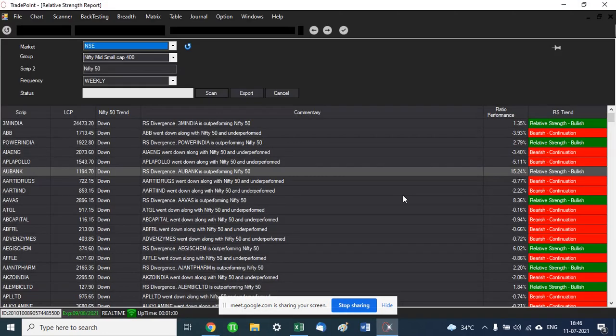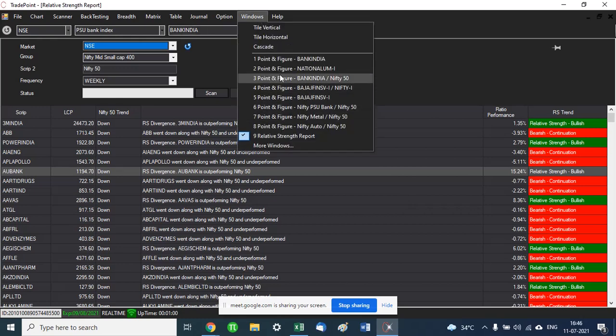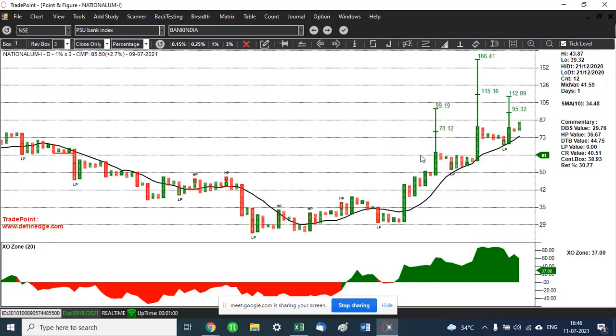Yes, sir, one question. Whatever target we get on an anchor column, what is the expected time frame for that target? Like if we take a box size of 0.25%, then will the target come within a certain time on a daily basis? No, in point and figure, we cannot get time targets. Like in candlesticks, I have shown you how there are certain patterns from which we can probably get to know the time target also, that we can get this target within a certain time frame. In point and figure, that is not possible. You cannot know the time. You just follow the patterns, and as long as the double top buy is active and you do not get a double bottom sell, you stay in the trade. Your stop loss is not triggered. You stay in the trade. It's not possible to get a time target.